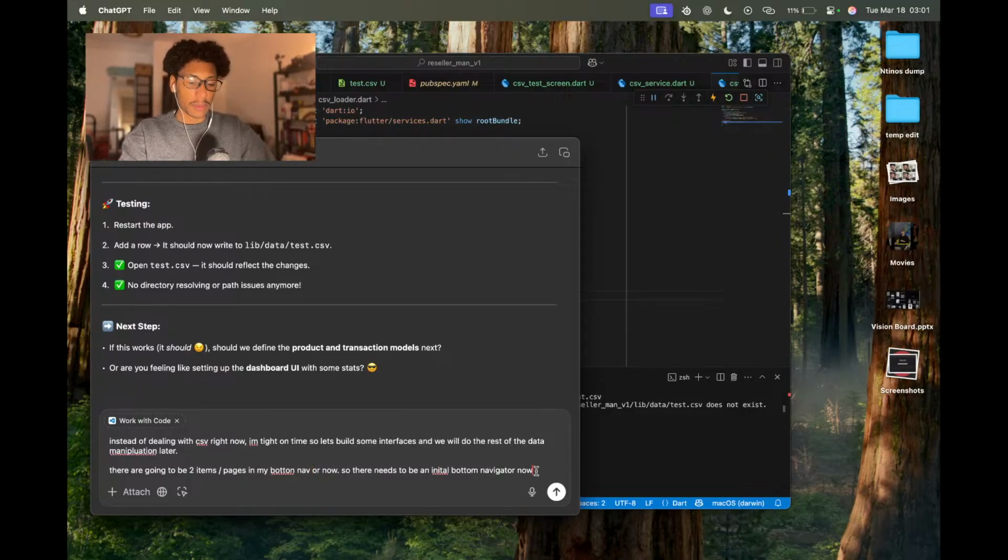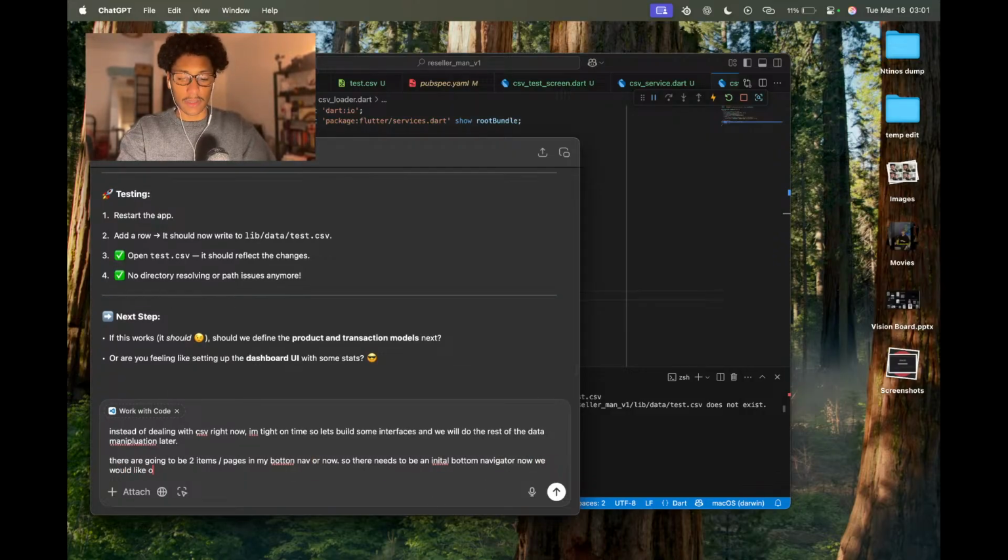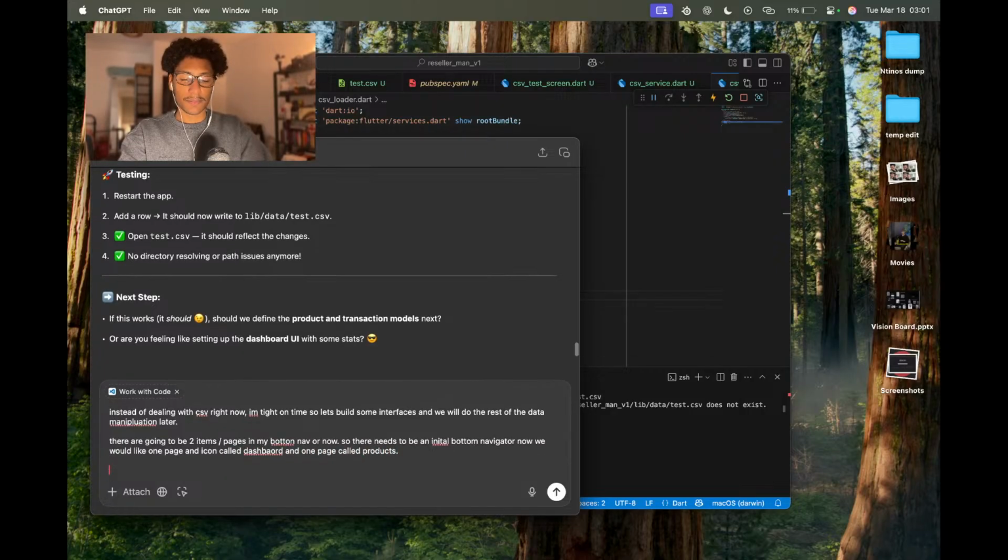In the initial bottom navigation, we would like 1 page and icon called dashboard and 1 page called products. On dashboard there are going to be 4 columns and 2 rows of squares